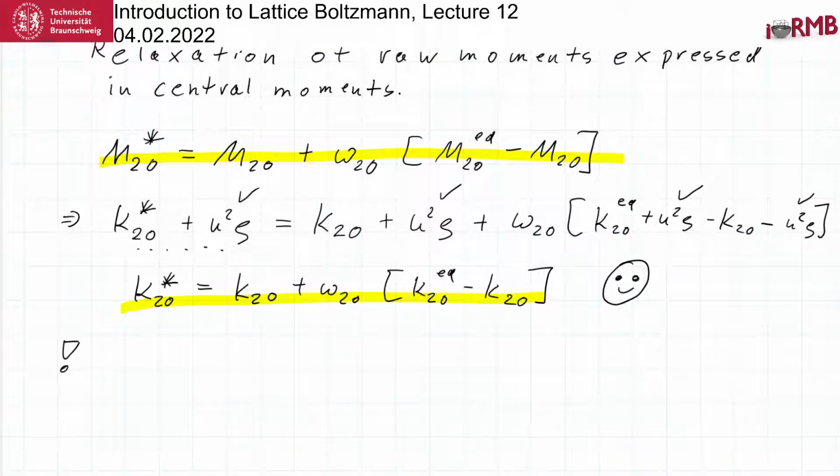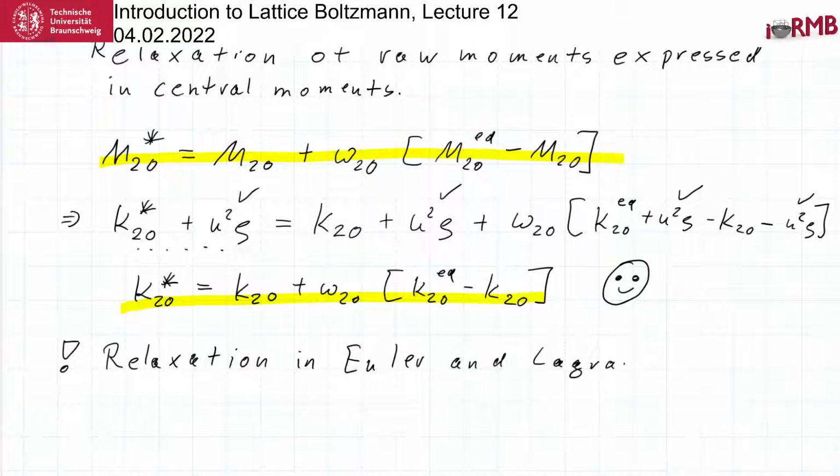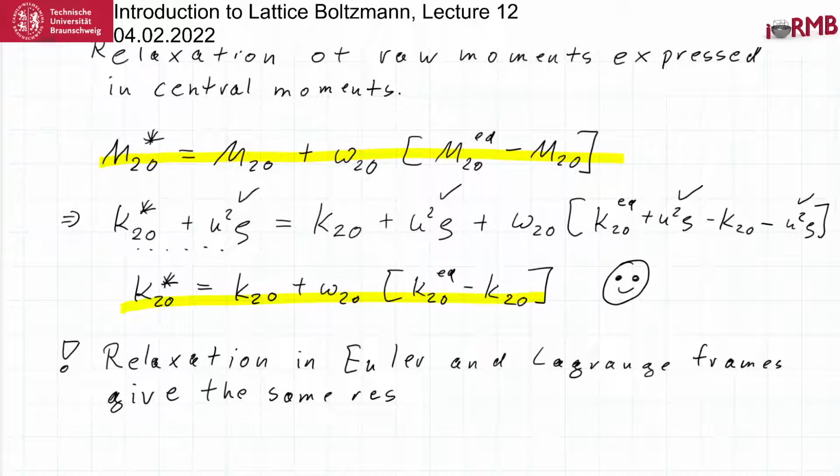Okay, so we observe that relaxation in the Euler frame and the Lagrange frame give the same results for the second order moments. And the good thing is that,